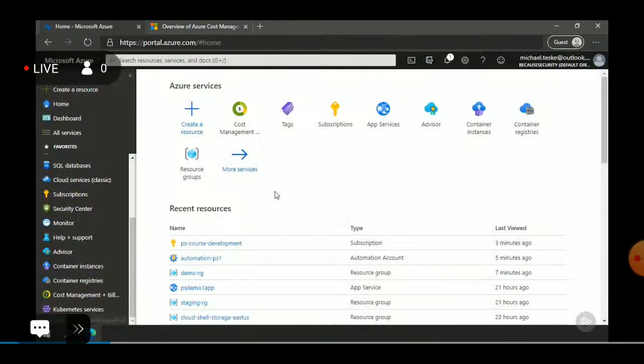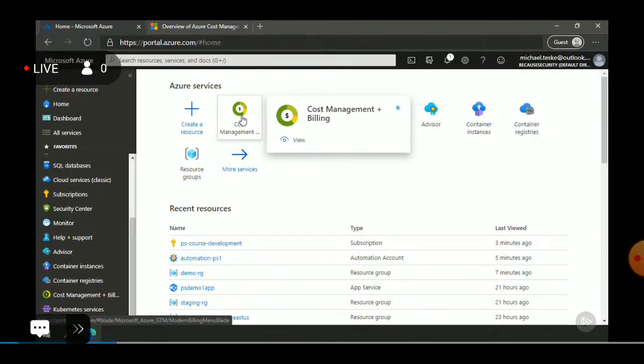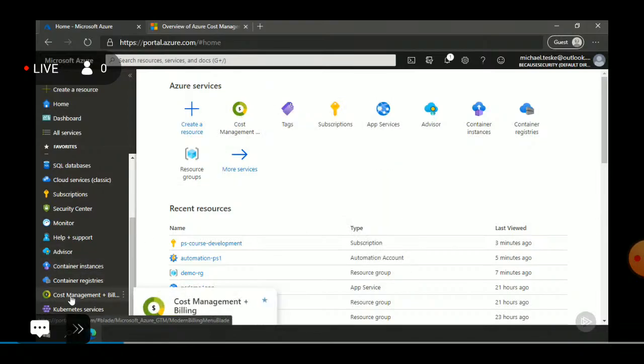All right, so let's go back into the portal and we'll dive into cost management. And we have it here, and then we also have it here. They're going to ask, where